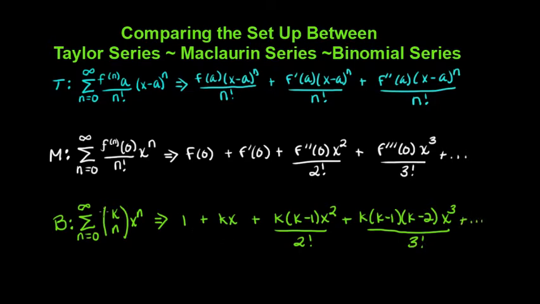So the only difference with this one is you do need to know k. K is your exponent in your problem given, so it's pretty easy to find, and this pattern will continue on, and that's why they do write it in the sum formation of k over n, because it's just easier to